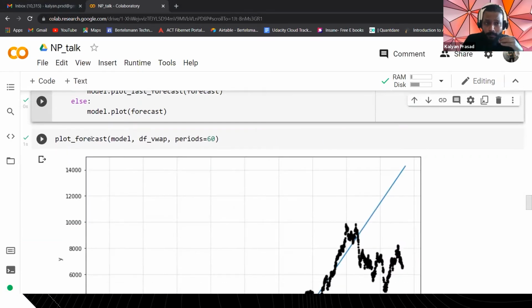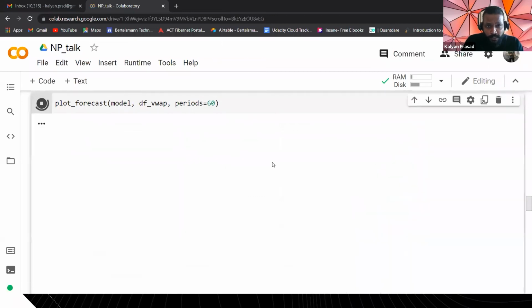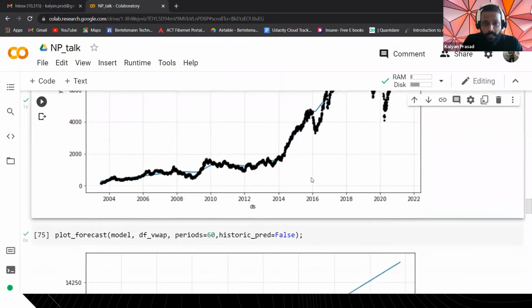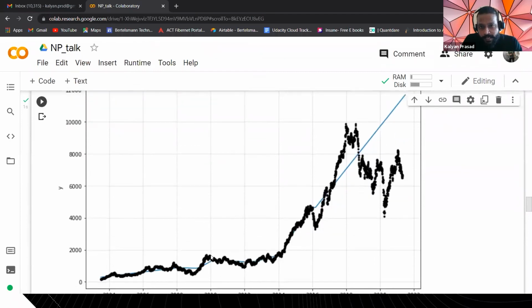Now I am calling my plot_forecast function, where I am passing my model and data frame and giving periods as 60. So now we can visualize our stock price based on historical data as well as its forecast data. This plot includes the forecast on historical as well as future data. So first let's see this. It is evident that